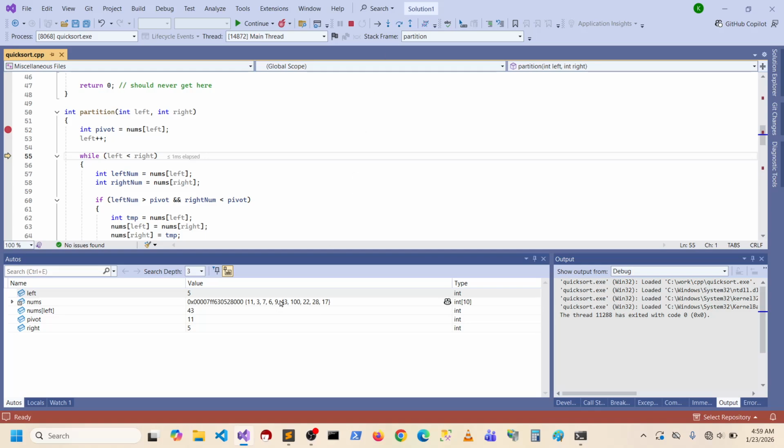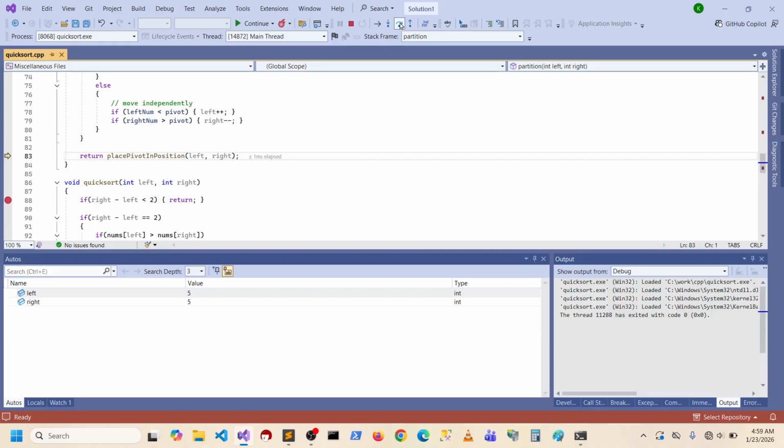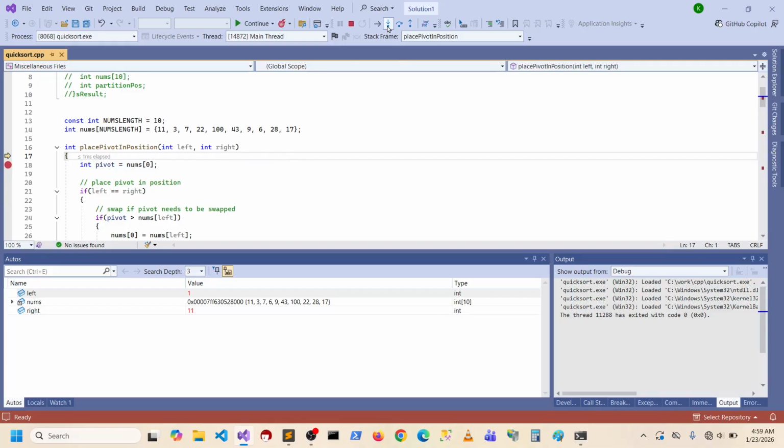So everything's been partitioned correctly. So now they're equal. So now we stop that. And now we go into this. So we're going to send a 5 and 5 to place the partition. 0, 1, 2, 3, 4, 5. So they're right here. Let's